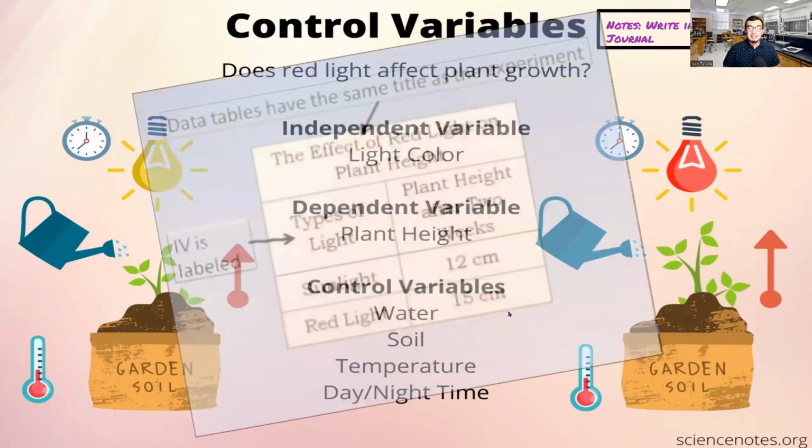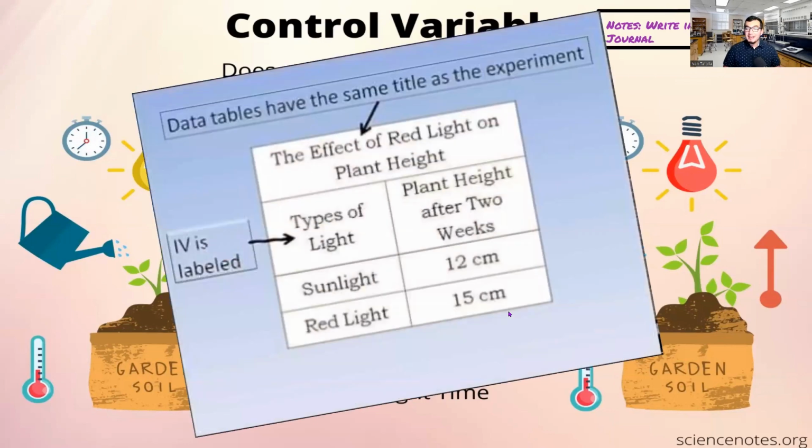All right. The next thing we're going to be talking about is now making that information into a data table. So again, make sure to write one of these data tables down in your notes. We're going to show more examples, but you guys are going to be expected to create your own data table for the next lab. So make sure you at least have one of these examples and you pay close attention to these, all right? So in this example here, this is a data table and we have the title of